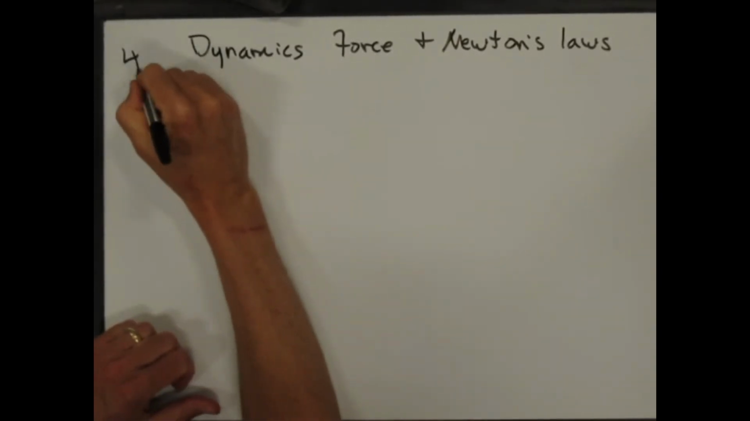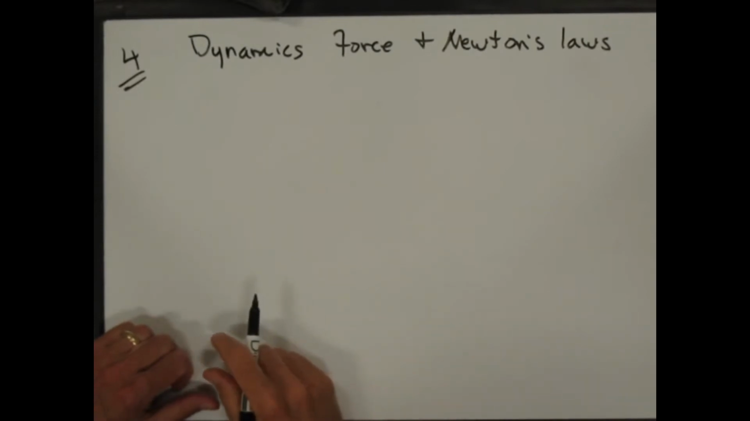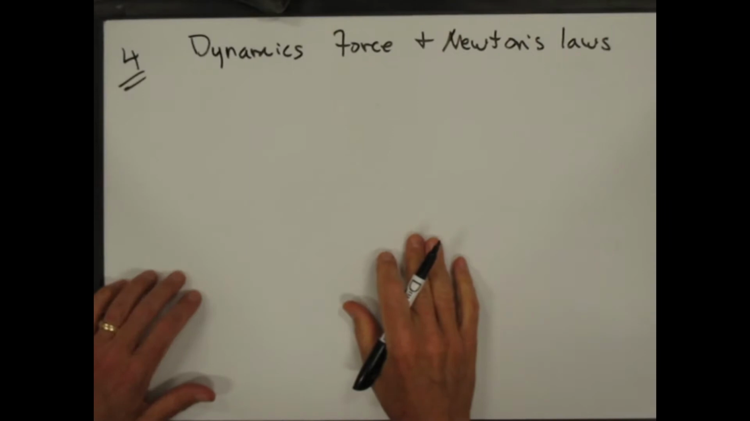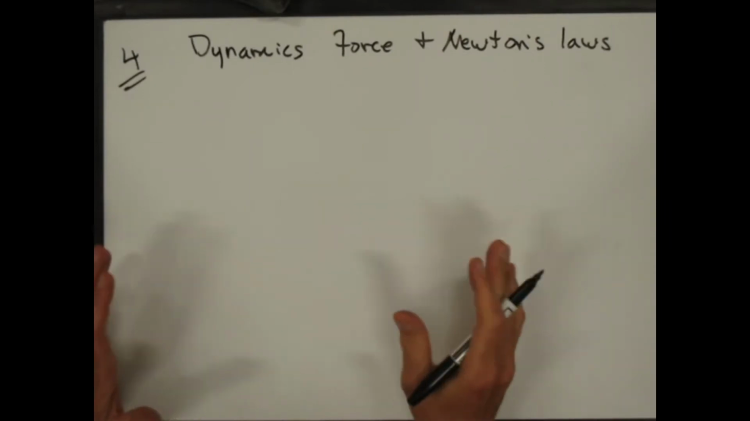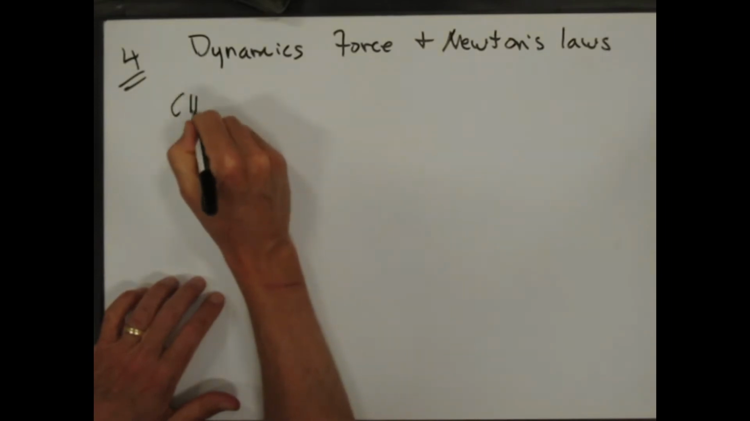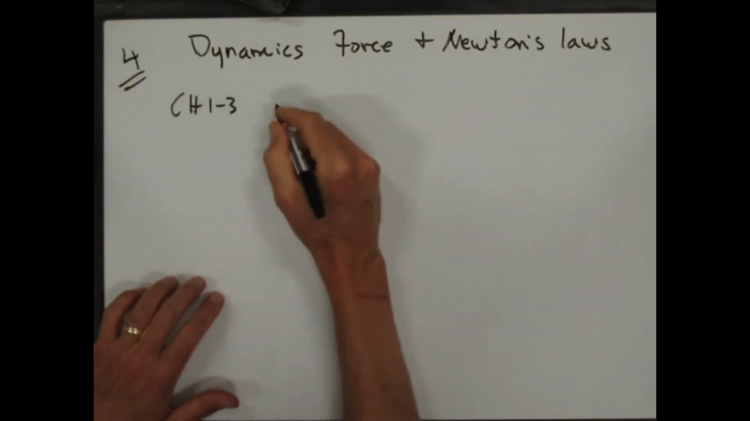So this is, I guess we could say this is chapter 4. It's called Dynamics, Force, and Newton's Laws. Really, it's just about forces and causes of motion. In chapters 1 through 3, and really just chapters 2 and 3,